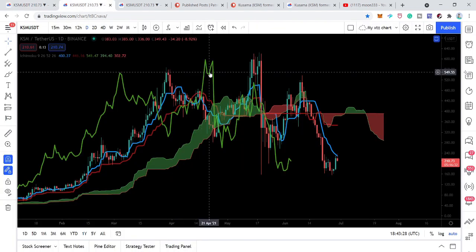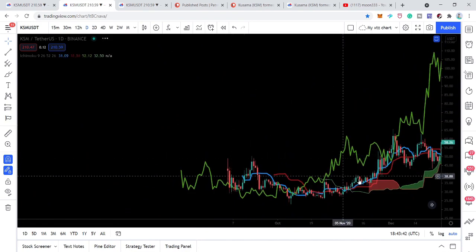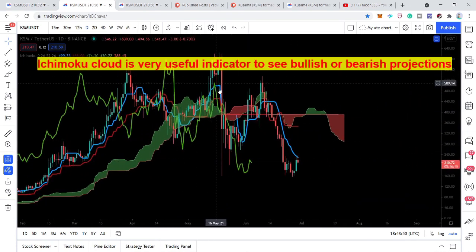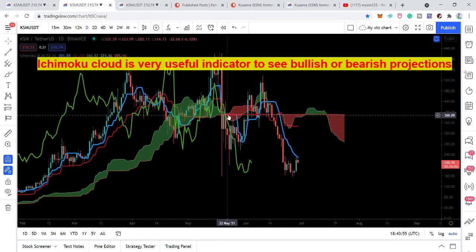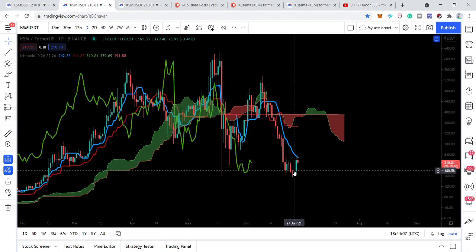Now let me show you this Ichimoku cloud that is playing a very, very important role on this chart, on the daily time frame chart for Kusama coin. We can see that previously, when the price action broke out of this bearish cloud here, we had a very powerful long-term and massive bullish rally. And now the price action broke down this Ichimoku cloud here when the cloud turned bullish from bearish. And again, when this cloud turned bullish here, the price action tried to break out of this cloud but failed to break out. But this was also a very nice bullish rally,